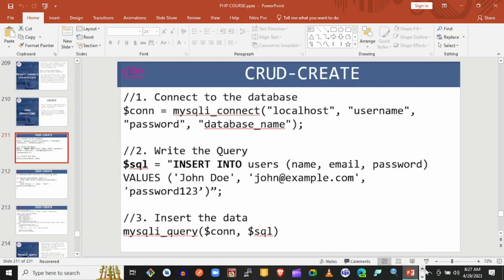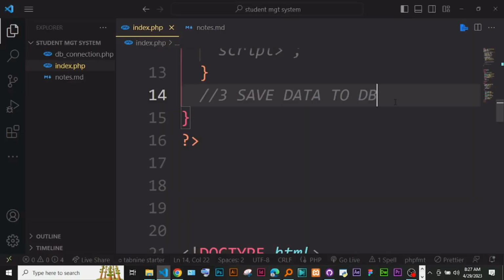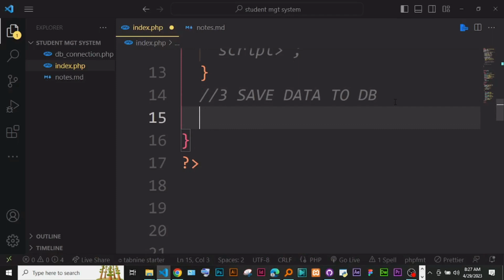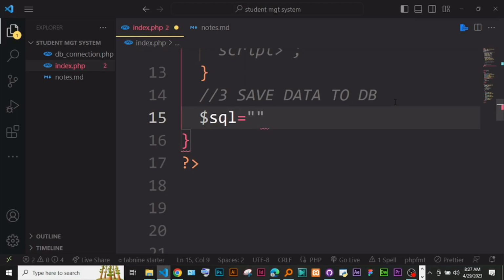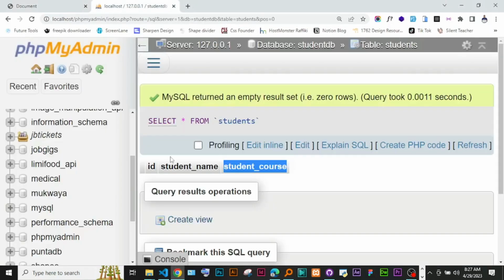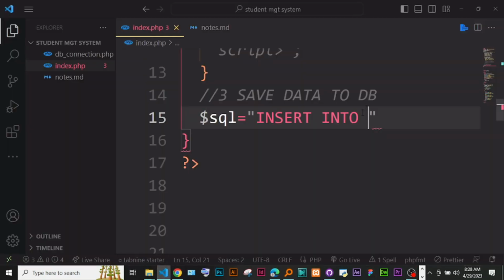The first thing is, we go and create a variable. So here down, $sql is equal to double quotes, and it starts with insert into. Where are we inserting our data? If you remember, we have our database called student DB, and it has a table called students. We want to insert the data in the students table. So insert into students,